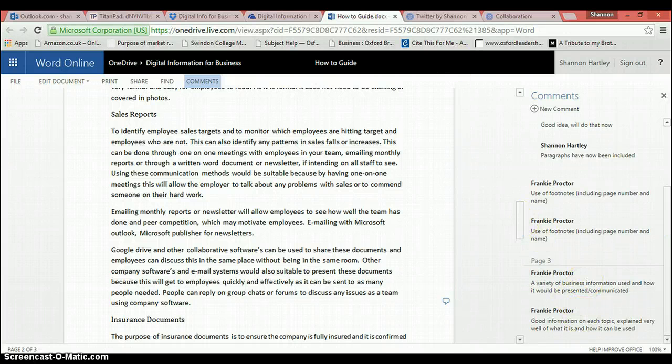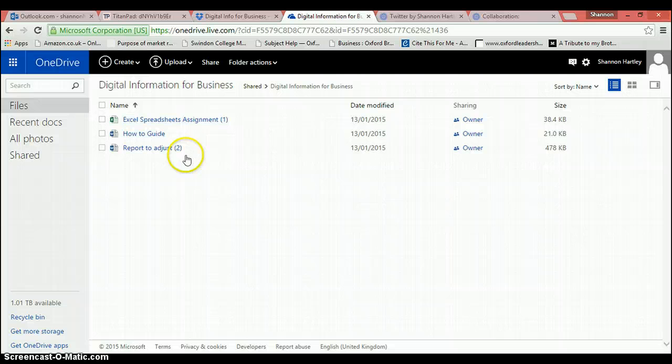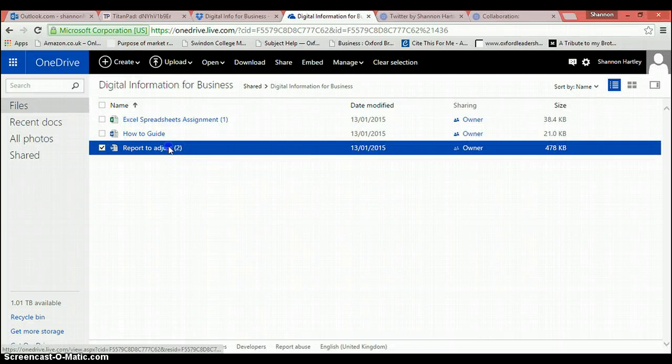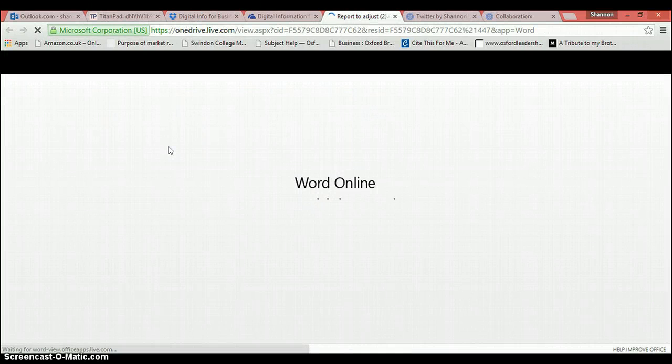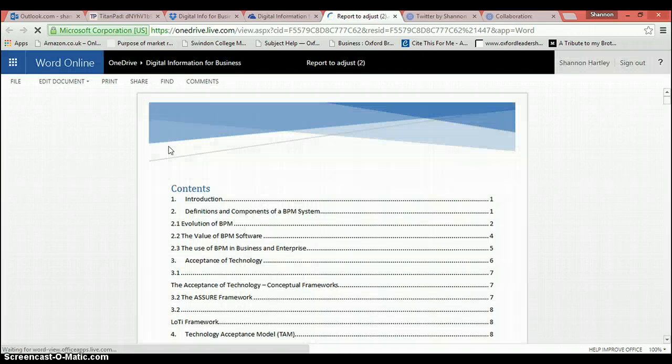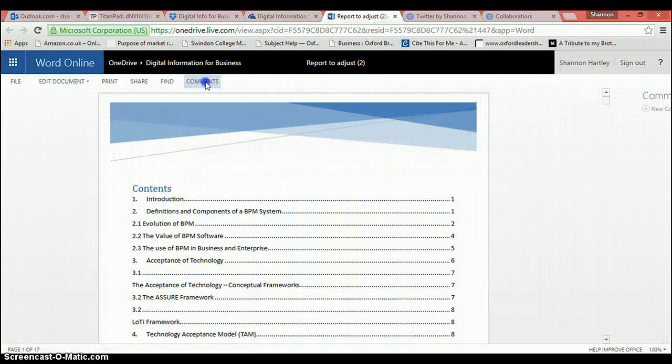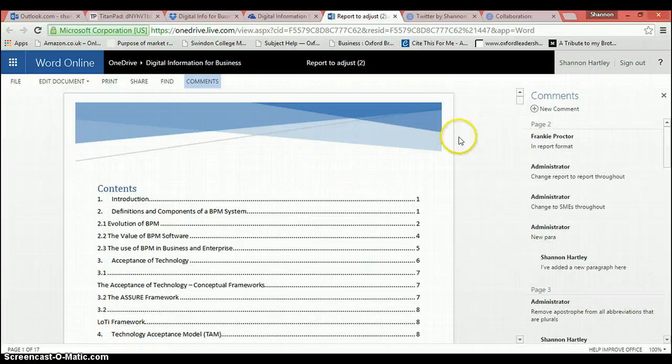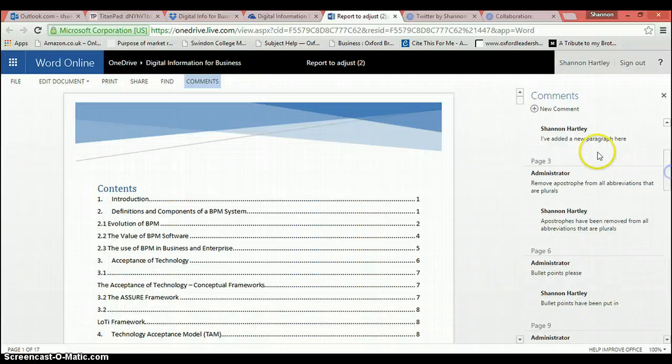There we go, so more comments again, and then my report that I needed to adjust. I'll show the comments. So again, Frankie's written good things about my piece of work, and I've replied to some of them.